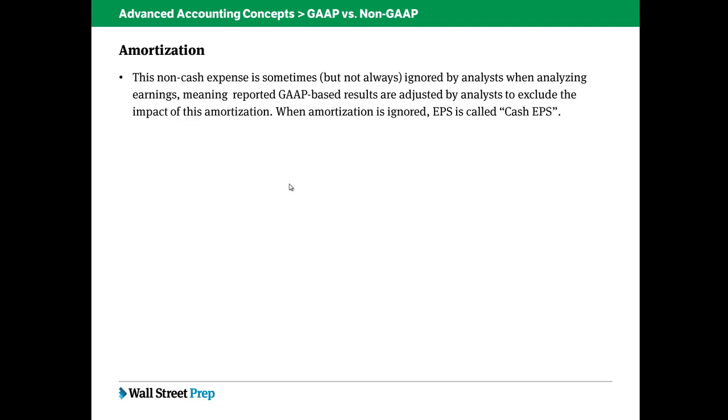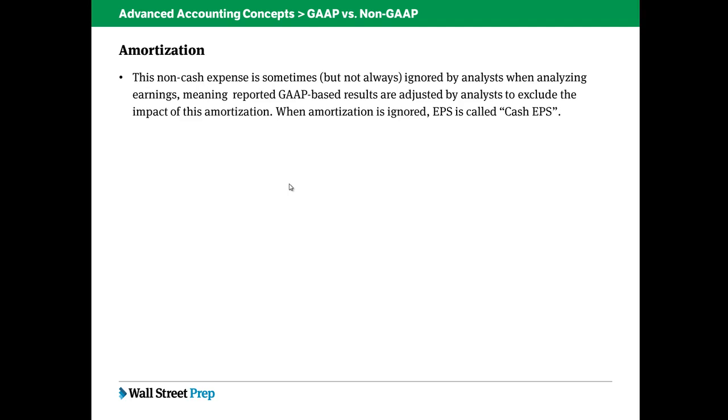The logic of removing amortization is similar to the logic of removing stock-based compensation, in the sense that both are non-cash expenses and they're sort of subject to assumptions, useful life assumptions that the management puts on the intangible assets that generate the amortization, and therefore it is a way to sort of wash away those subjective accounting adjustments that have no cash impact. This is obviously a violation of some basic tenets of accrual accounting. One of the counter arguments